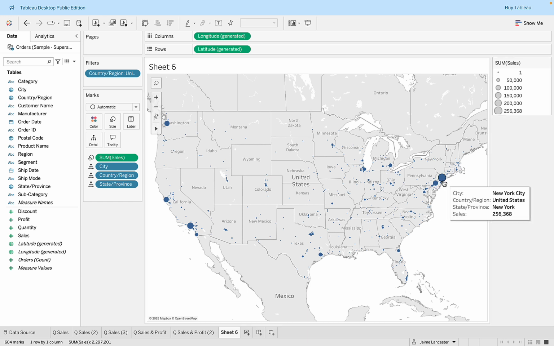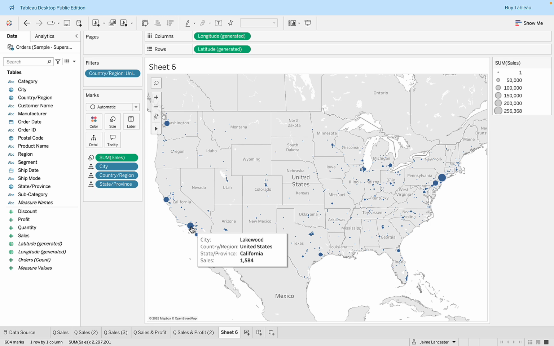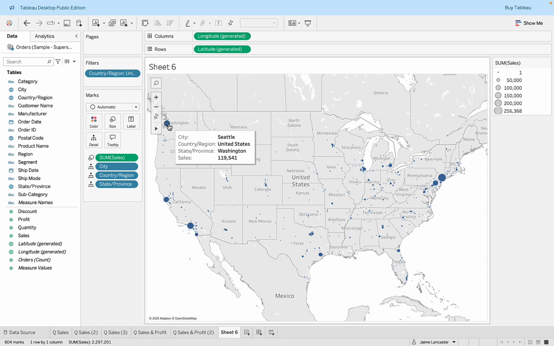So we've got lots of sales in New York City, we've got lots of sales in Los Angeles, San Francisco, we've got lots of sales in Seattle. And then there are a lot of places where we have very, very small amounts of sales. Well, I kind of think that all those dots are